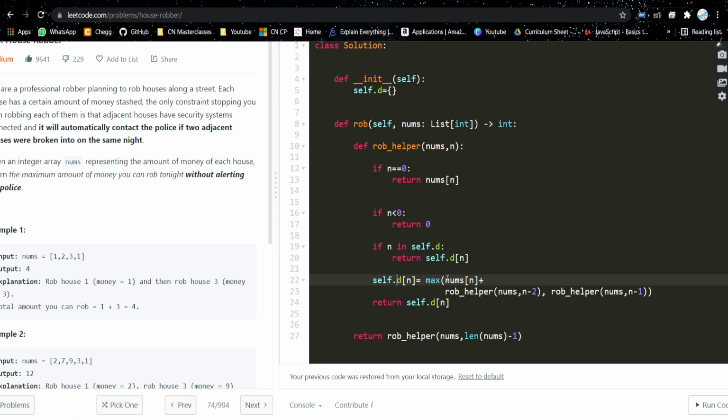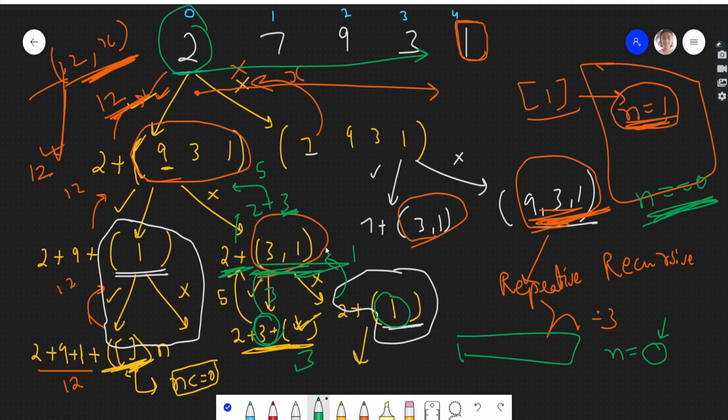This we will see afterwards. What we are doing is storing the current result. If we are at this position 3 comma 1, we are storing its answer, whatever we are getting from the recursive call. 3 comma 1 means n is 2, so we'll be storing it here in the map.